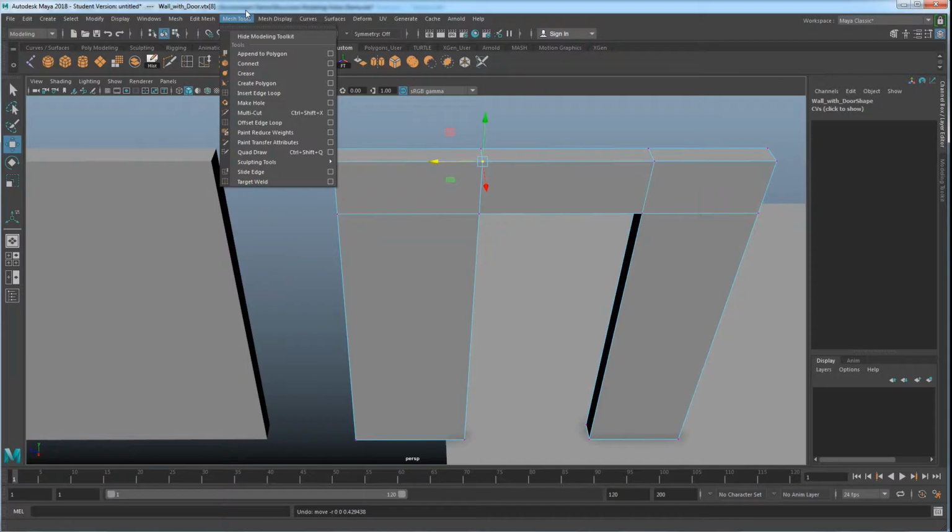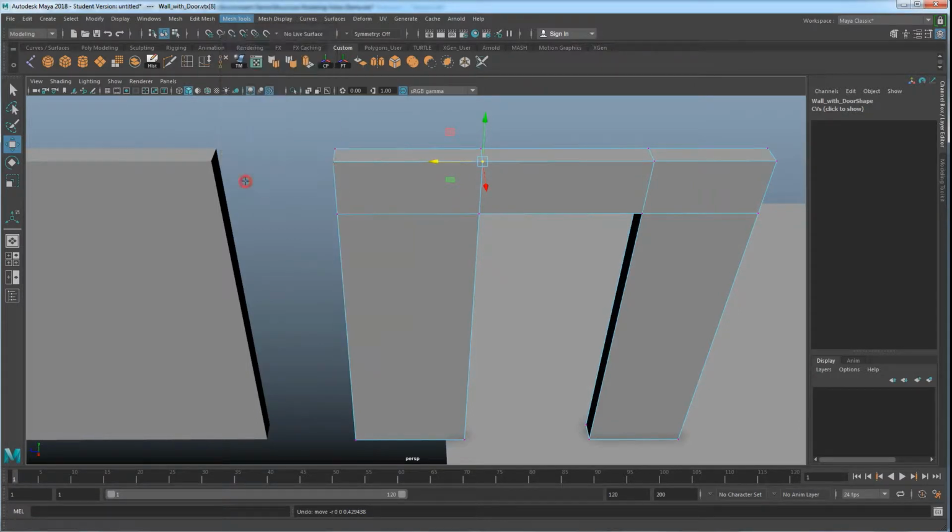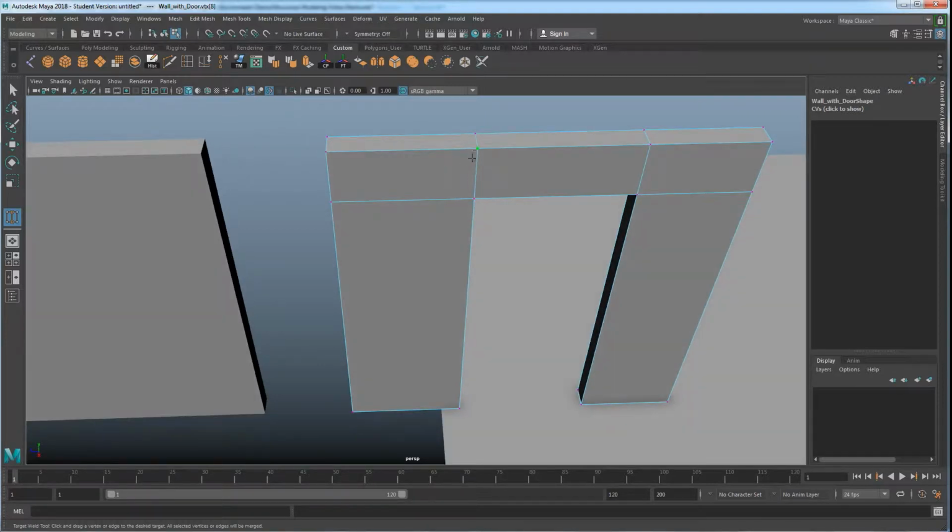Oh, it is here under Mesh Tools. Yep, Target Weld right there. So Target Weld. Also, I have it stored right. Actually, I don't have it stored there. There's another way to get to it. I'll show you guys. If you click here, so what Target Weld does while you're in vertex mode, I can